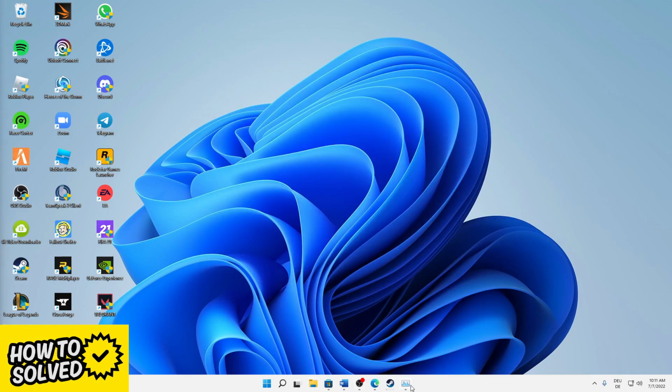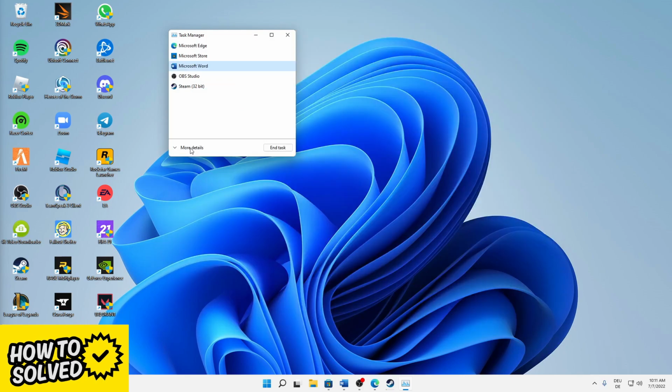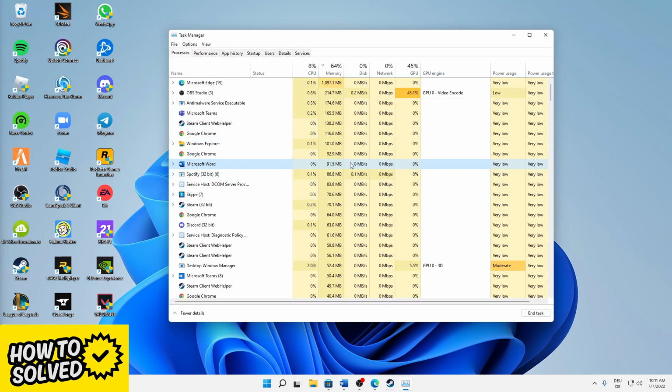The second thing I would always suggest is to try ending all of the tasks you don't need. So just again, open your task manager, click on more details here, and then make sure that you select all of the tasks that are demanding a lot of capacity, and then just click on end. You can also try sorting by all, or use the sort option at all of these different